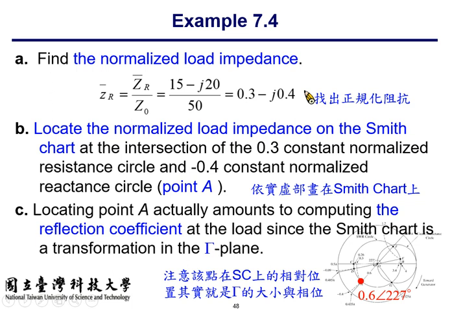So your corresponding reflection coefficient is located at the intersection of the 0.3 real part circle and the minus 0.4 imaginary part curve. So the next thing is to determine the reflection coefficient magnitude and phase, which is not explicitly labeled on